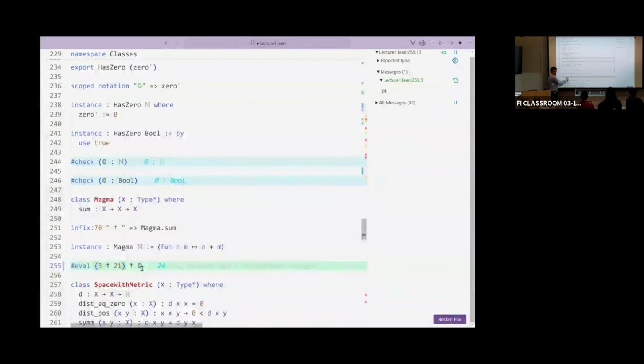This thing is the sum attached to the magma structure on n that you have recalled for me once and for all in this database. So I can compute these 2 things. There's 24, and it is natural. Now I go back to my original problem. My original problem was to understand what this dagger means. And this dagger means, oh, it's the sum inside magma.